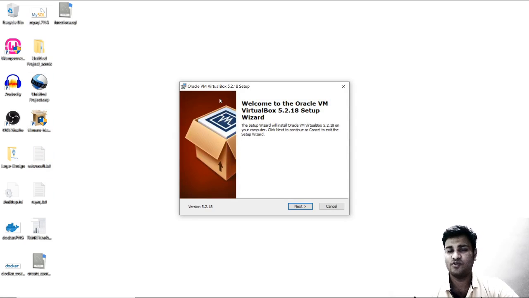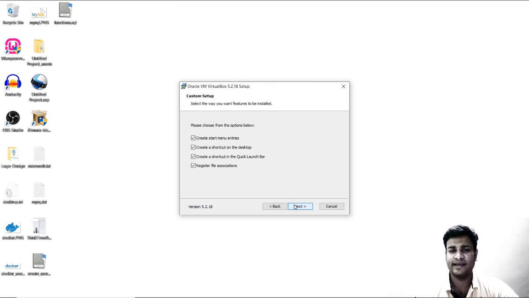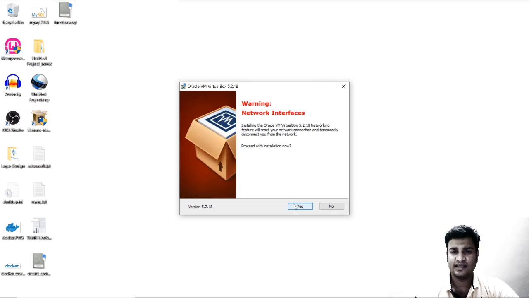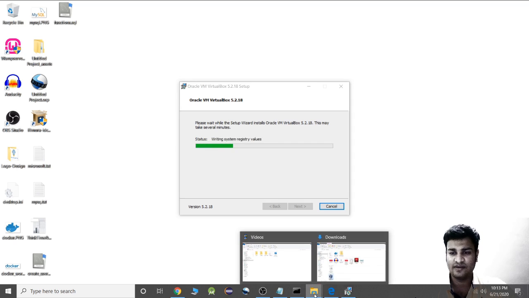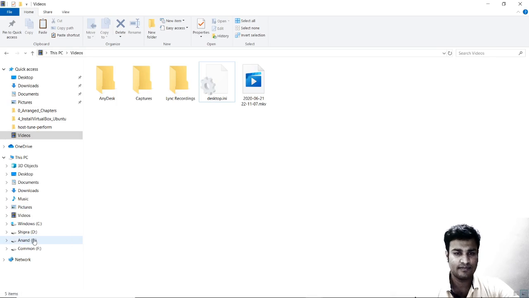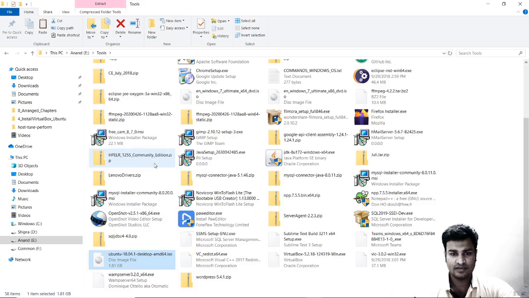Something like this will open up as you double click it. Click on next. Again, it is being installed in the C drive, Program Files, Oracle VirtualBox. That is okay. Next, okay, next, and then yes, and then install. So this will install VirtualBox. Let it get installed. Meanwhile, I will go ahead and copy paste my Ubuntu, which should be here somewhere.